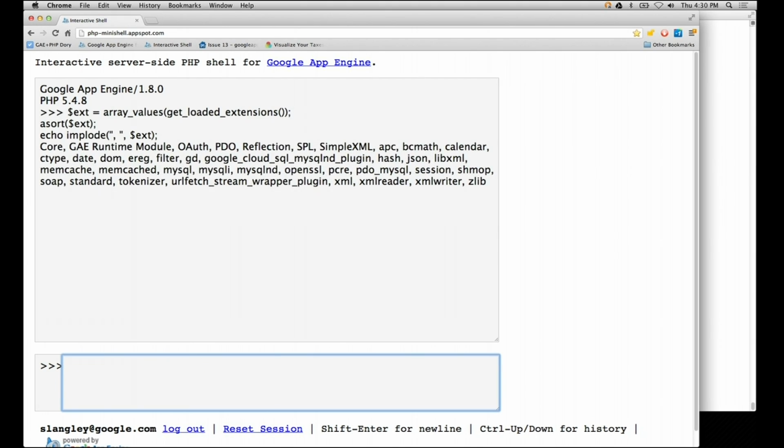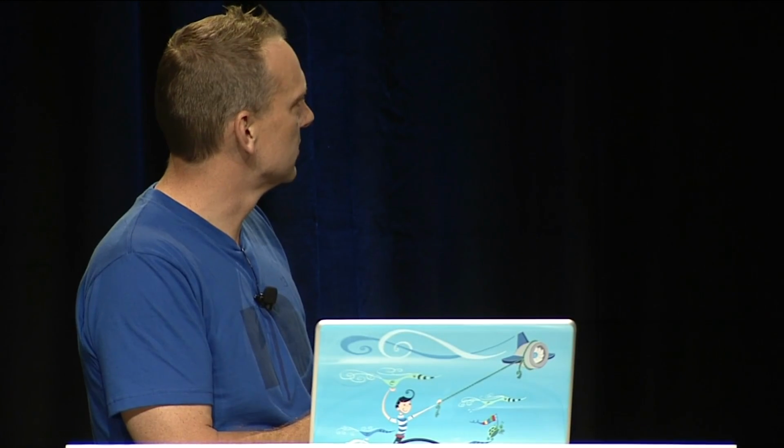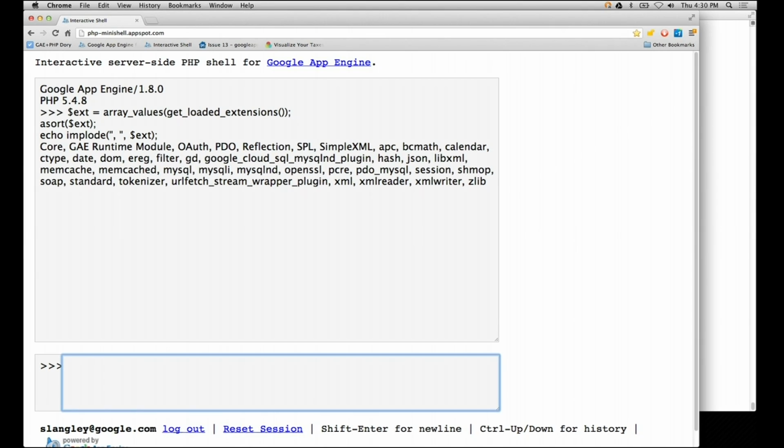And if you're actually hitting this application now, which is running on appspot.com, you might be getting an error or two, basically because I've locked it down, so only I can access it at the moment. But I will fix that shortly, and this application will be available to everybody. However, now we see what extensions we've got available here,